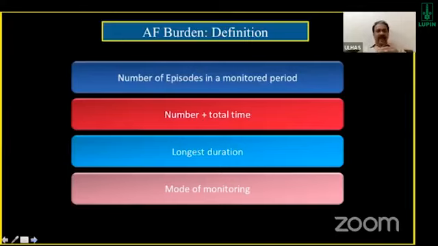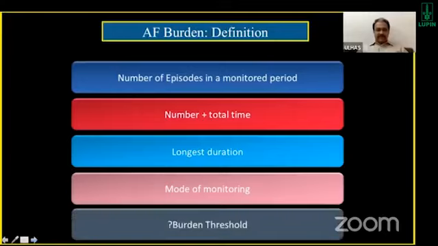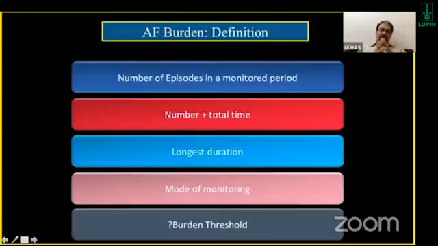It's a noble idea, but the problem here is that at this stage we are unable to define what AF burden is, and we are also unable to accurately measure the AF burden. So these are the limitations of AF burden if you take it into account for stroke prevention. And then what is also important is, you have a quantified AF burden, all right, but what is the threshold of the burden at which you think it should be a risk for stroke? So that burden threshold also, at this point in time, is not very clear.